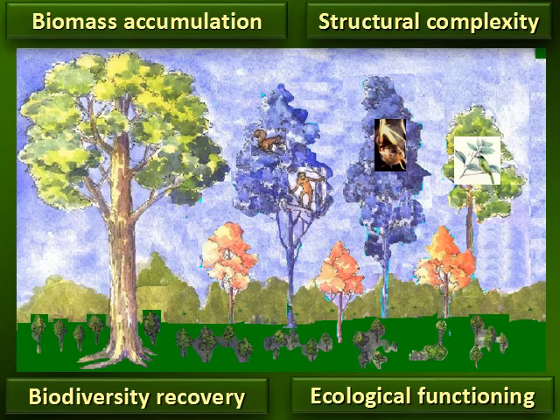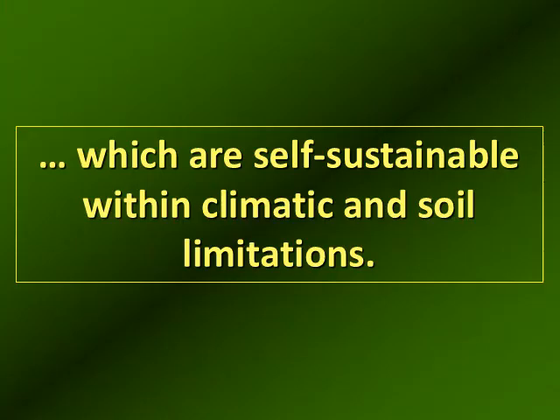Biomass accumulates, the biomass becomes partitioned and becomes structural complexity. Structural complexity creates niches. The niches are filled by species. This is biodiversity recovery. The species interact with each other. That is ecological functioning. So we are trying to maximize the values of those 4 parameters to levels which are self-sustainable within